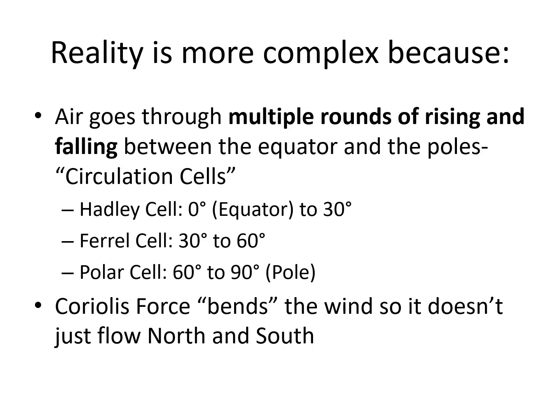Some of the things that make reality more complex than that simple diagram are the fact that Earth is really large, and the air has time to go through not just one big circulation cell from the equator to the pole, but multiple cycles of rising and falling. Each of these cycles of rising and falling is called a circulation cell. There are three basic bands of circulation cells in each hemisphere of the Earth. The southern hemisphere is a mirror image of the northern hemisphere, so we'll just describe them for one hemisphere, and you can understand that they are repeated in the other hemisphere. So if this is the Earth here, this is not the roundest Earth that's ever been drawn,